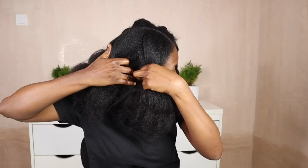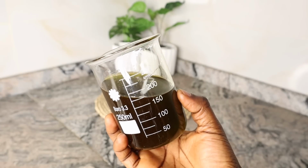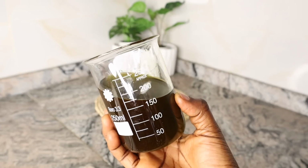If your hair is stagnant, bald, thinning, breaking, shedding, dandruff, and other hair and scalp problems, you shouldn't miss making